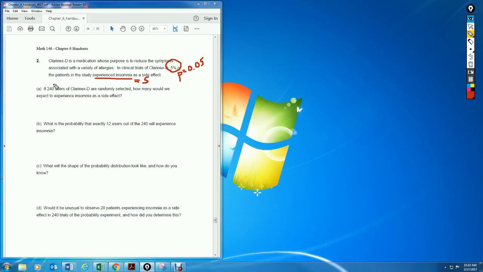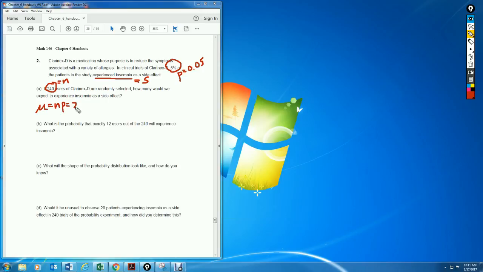Part A, if 240 users are randomly selected, how many would we expect to experience insomnia as a side effect? So this is basically just asking us to calculate the mean. It's saying in the long run, out of 240 people, how many would have insomnia? So in other words, the mean, the number of people we would expect, which is equal to n times p,